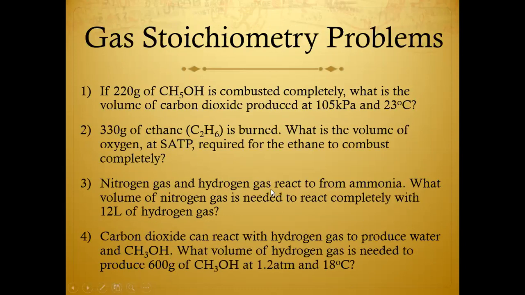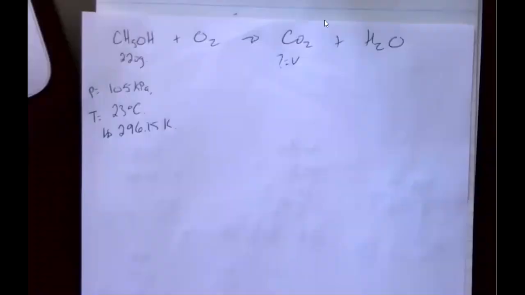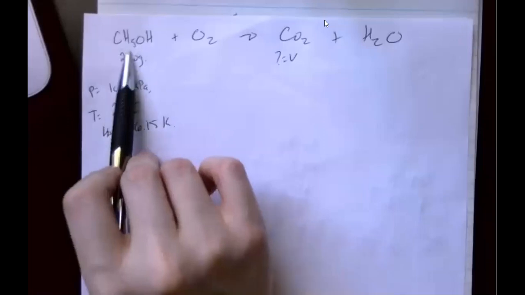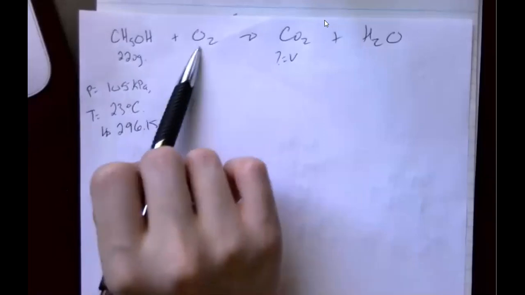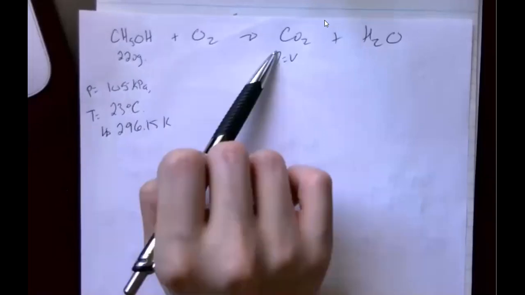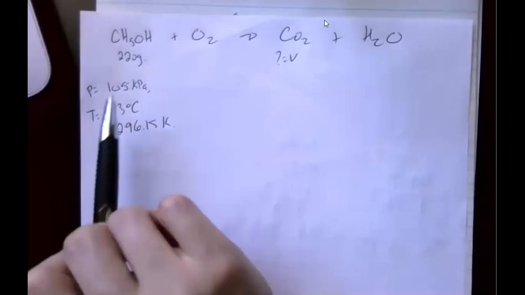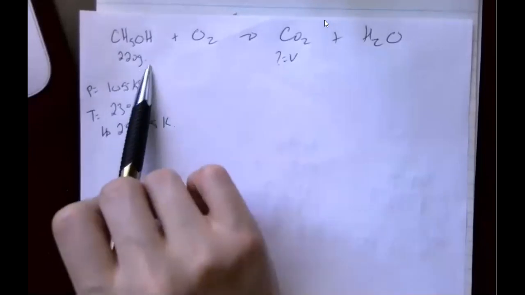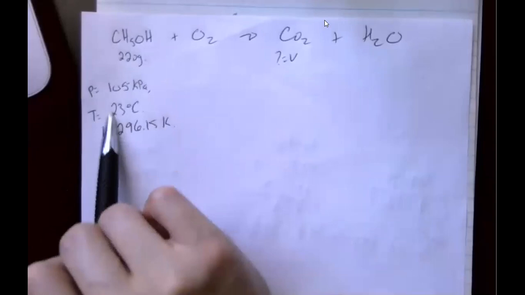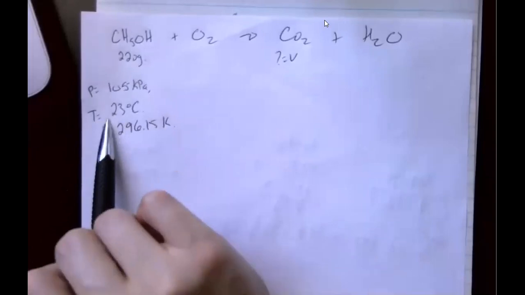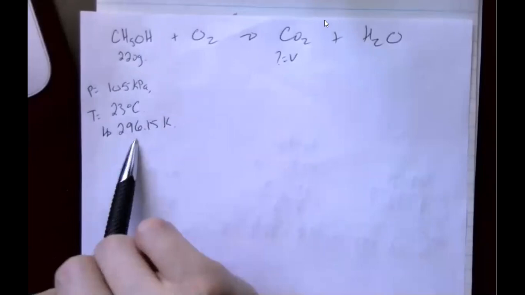So let's just once again walk through the first example together, and then you guys can try the next 3 on your own. Okay, so for the first question, you were told that you had C2H5OH combusting completely. Now, combustion reactions always have oxygen as the other reactant, and it always makes carbon dioxide and water. And then it also tells you that you have 220 grams of your hydrocarbon, that the pressure is 105 kilopascals, and that the temperature is 23 degrees Celsius, which right away you should convert to Kelvin. So add 273.15, and you'll get